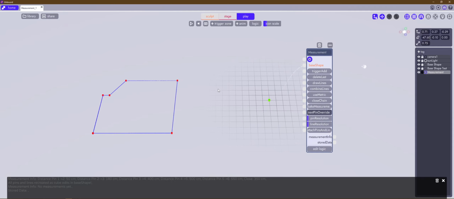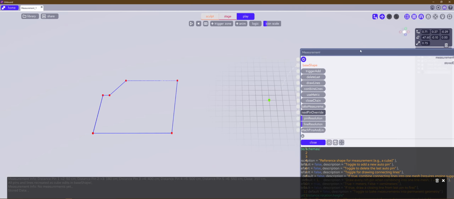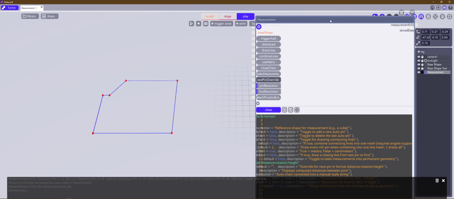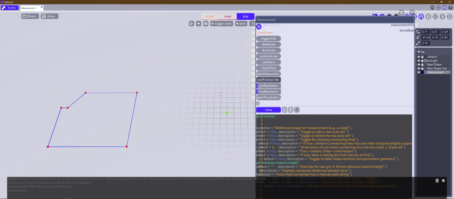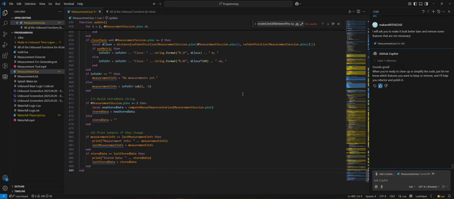I finally managed to fix the measurement tool in Unbound, and it is fully functional and working, and you can completely use it for whatever you want. And this time I used ChatGPT 4.1 preview with GitHub Copilot. I mean, mixing Bing AI with Copilot,